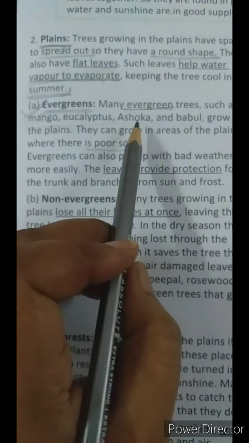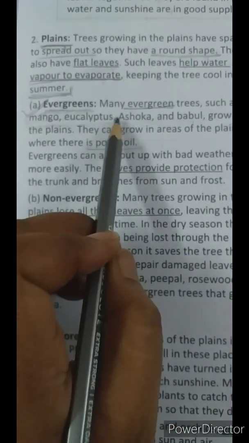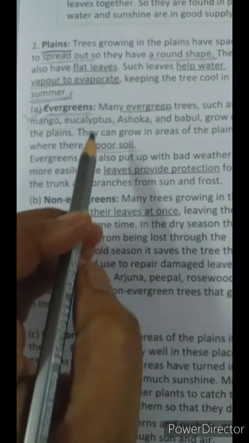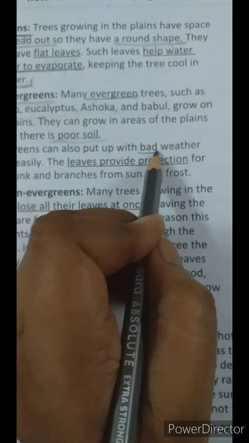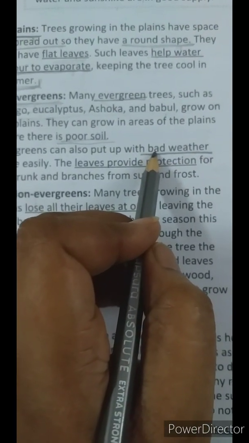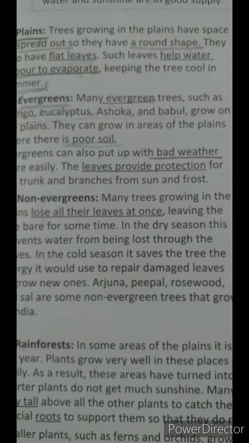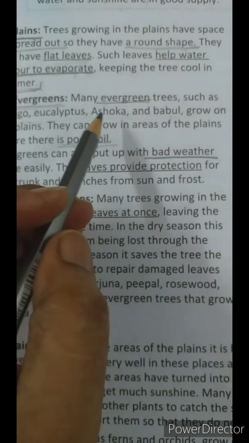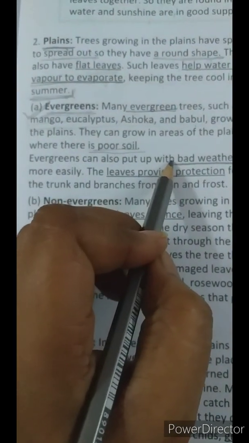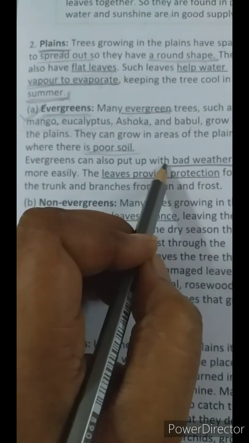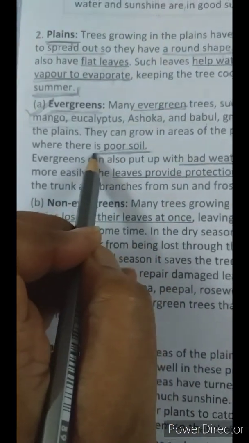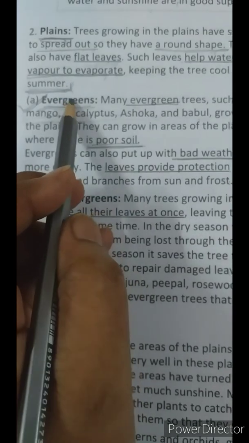But there is one quality of these, children: because they are evergreen, they can grow well even in poor soil or in harsh climate, means even if they are growing in an area where there is low temperature or huge amount of rainfall or snowfall, still they can survive well in those areas. And also they can survive well where there is poor soil. So this is the quality of evergreen, children.